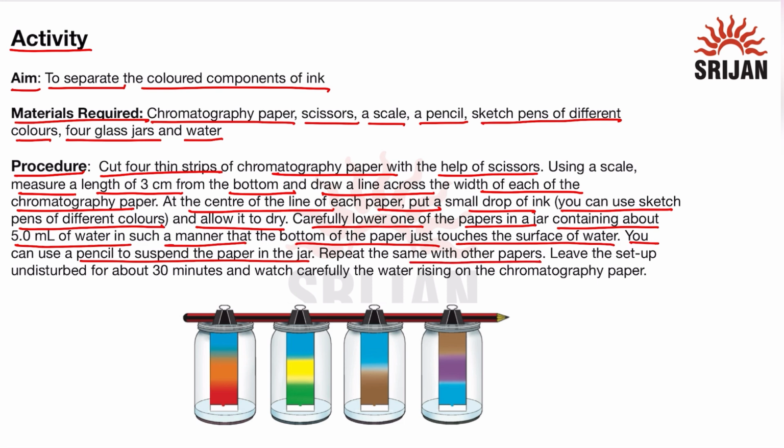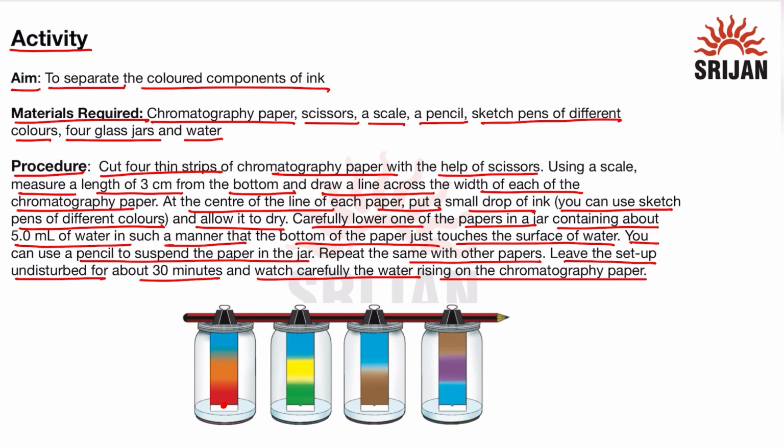Repeat the same with other papers and leave the setup undisturbed for about 30 minutes and watch carefully the water rising on the chromatography paper. So we can see that this is the chromatography paper, and we should put the dot with the help of the different color sketch pens on the center of this mark and dip this paper into the water and leave this for about 30 minutes. Now we see that water is rising above this chromatography paper and different colors of the ink are obtained on